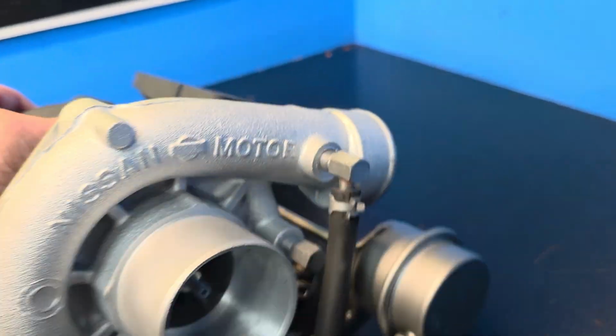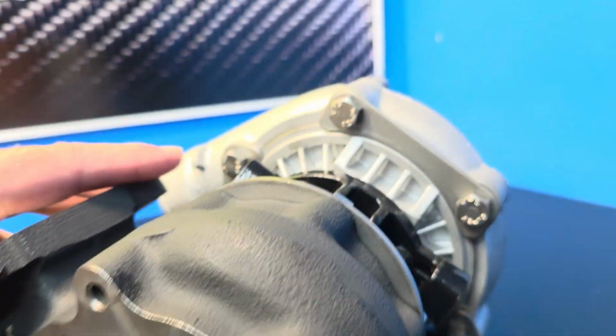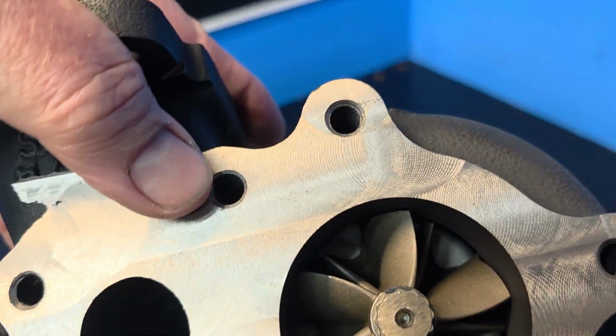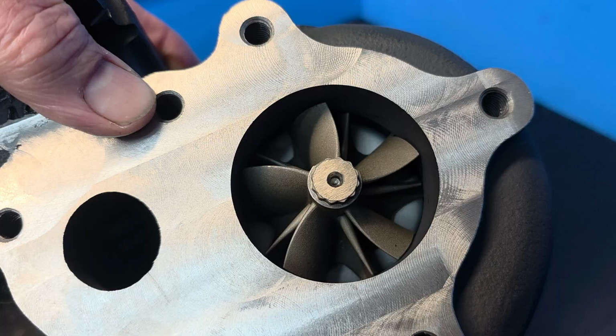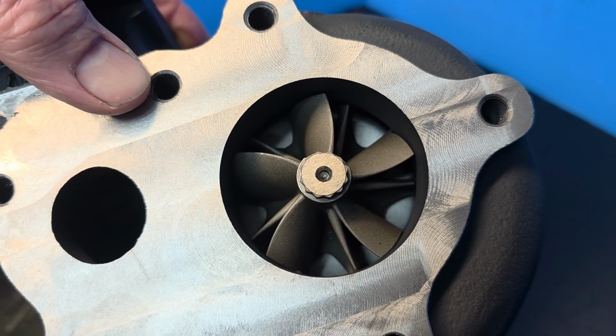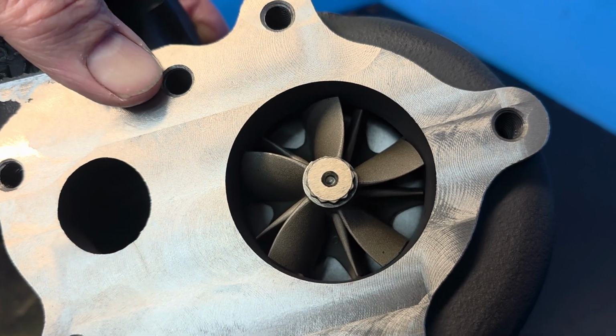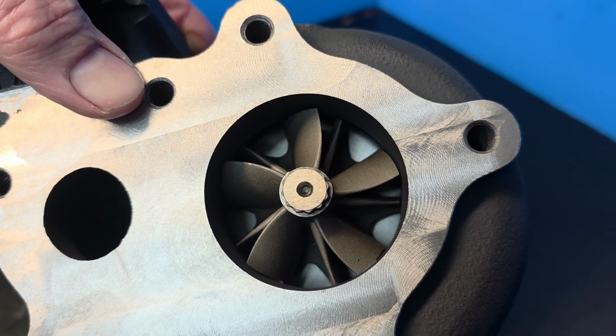The other side of the turbo gets a little bit more exciting. It has our, see if I can get you in the light here. It's got our 5+5. So it's a split blade turbine wheel, still stock size, but in the Buick, it drops quite a bit of exhaust drive pressure. It really frees up the